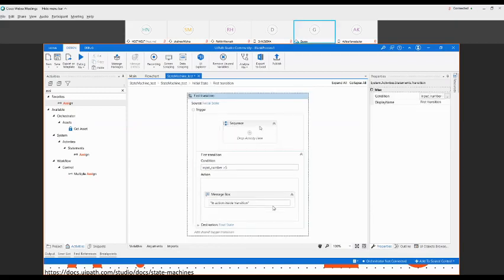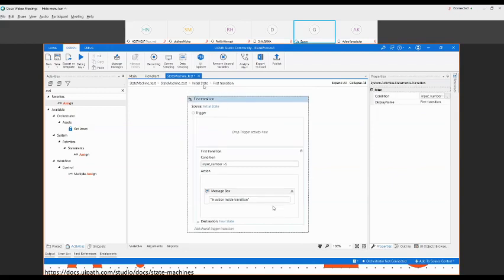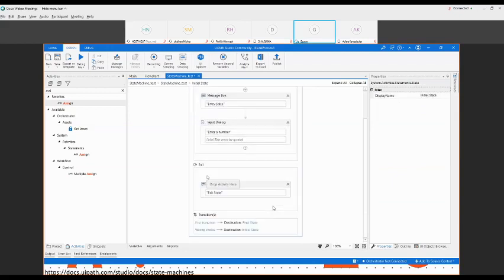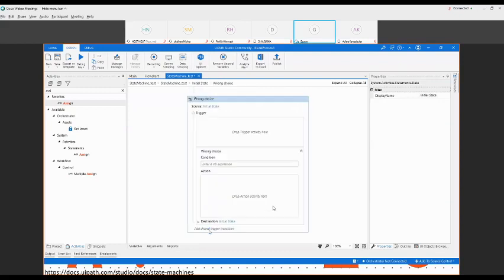I'm not mentioning a trigger inside that. Now I'm coming to the initial state. Now I'm choosing the wrong choice. I'm again saying if the condition is okay, then you can go in that part. The condition is different, like less than 5.